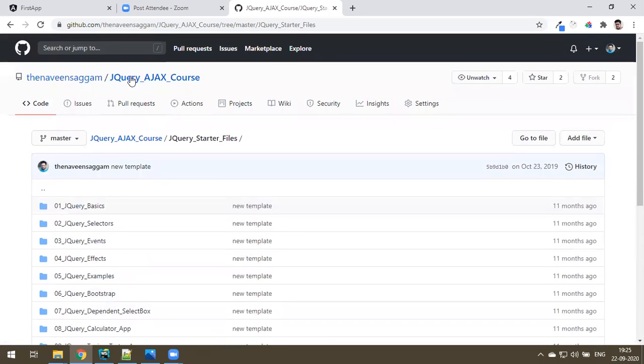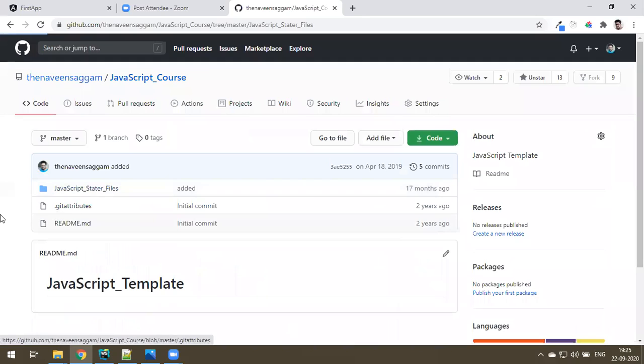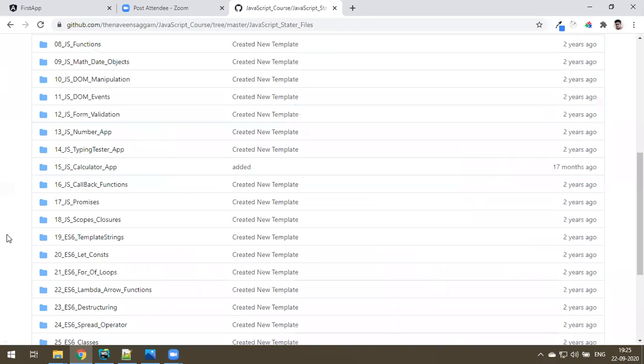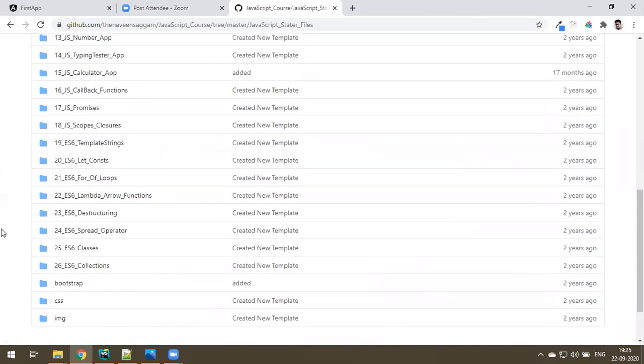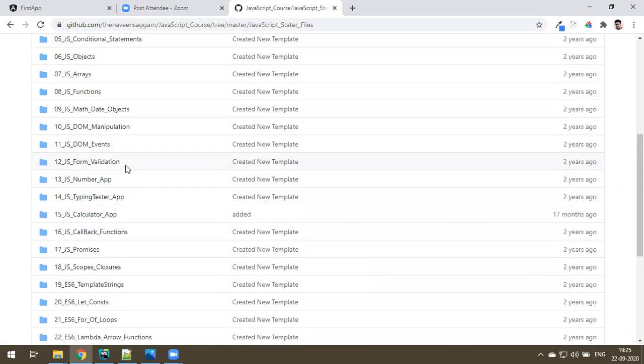Okay, let me go to JavaScript. One second, I just need to find the formula. JavaScript, do we have any? Yeah, somewhere in DOM manipulation we can find. Oh, typing tester.